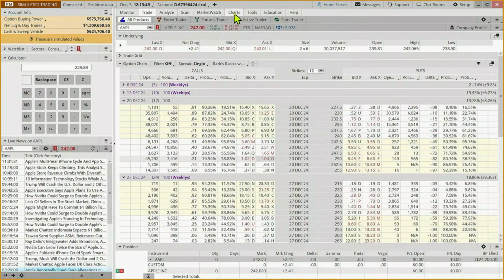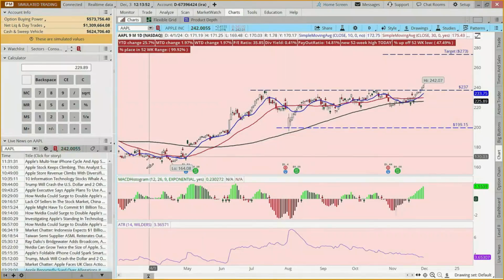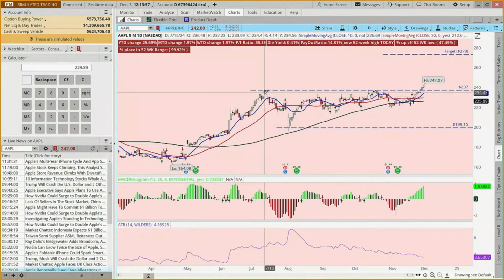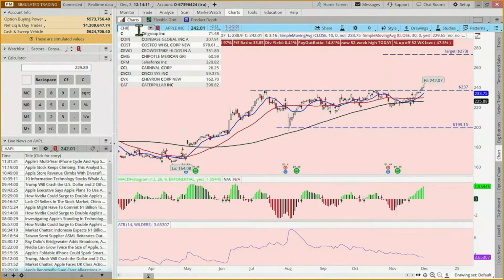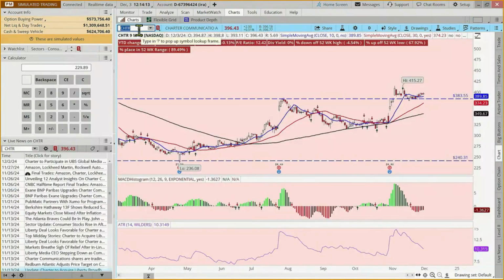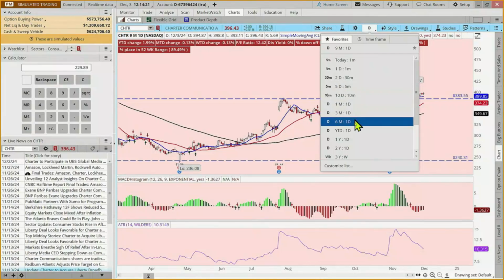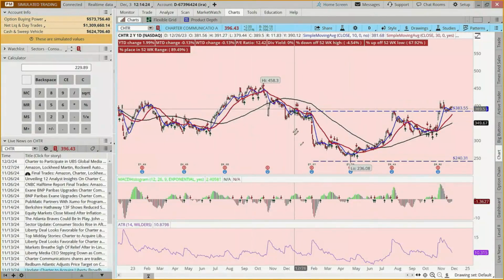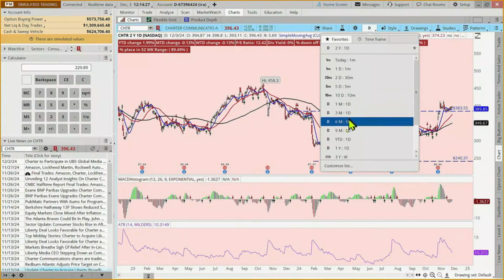So these consolidation patterns, so this is a stock, it's up 25% year to date. So this is a stock that was uptrending, and then we had this consolidation in the form of a cup and handle, and it broke out to the upside. Now, it doesn't always work that way. So if we look at, let's see, Charter is another example of this. So here we can see that the 100-day moving average was kind of downtrending. So if we come out and look at 2-year, we could probably do this on a 1-year.